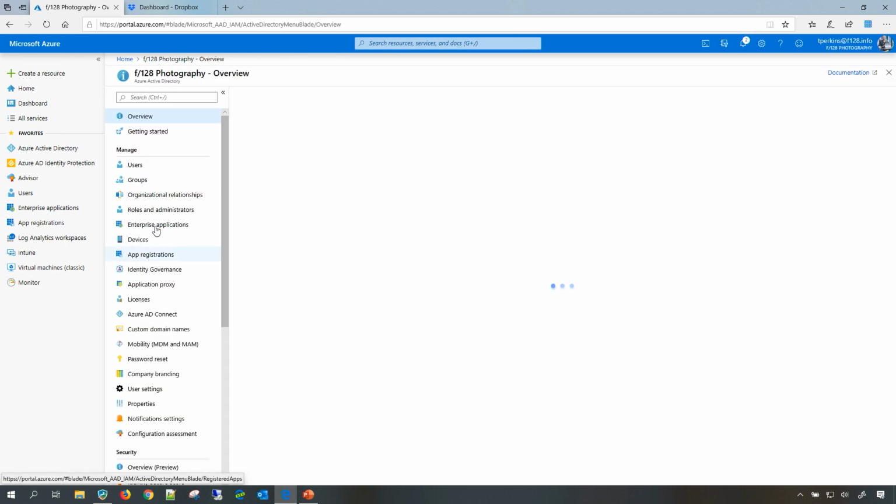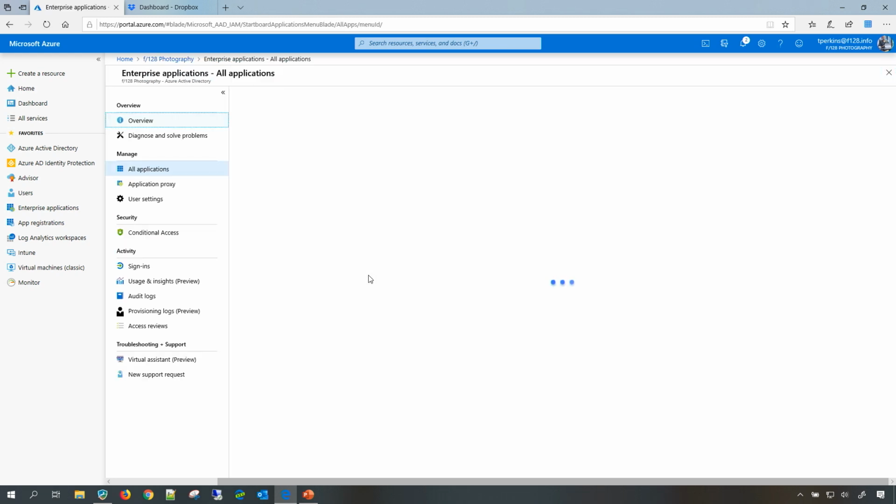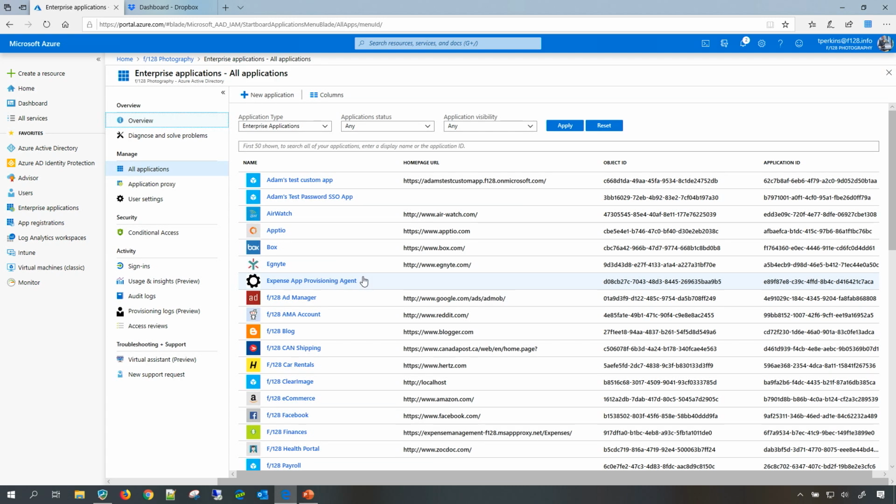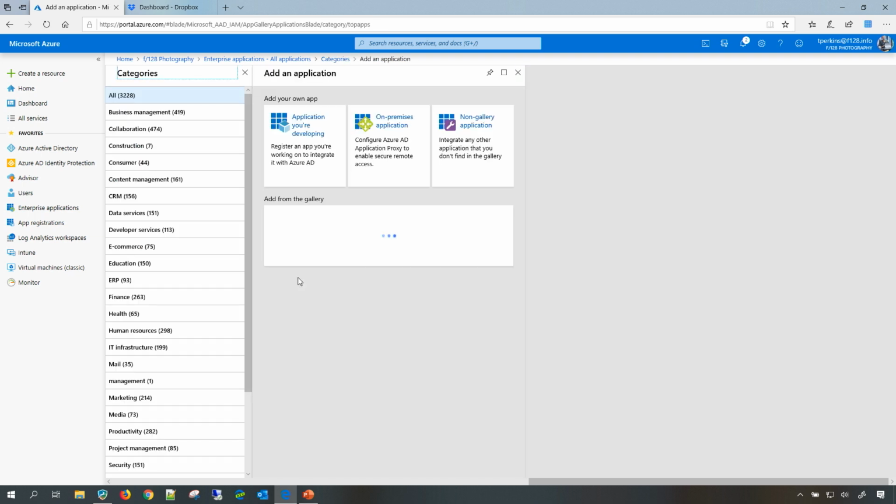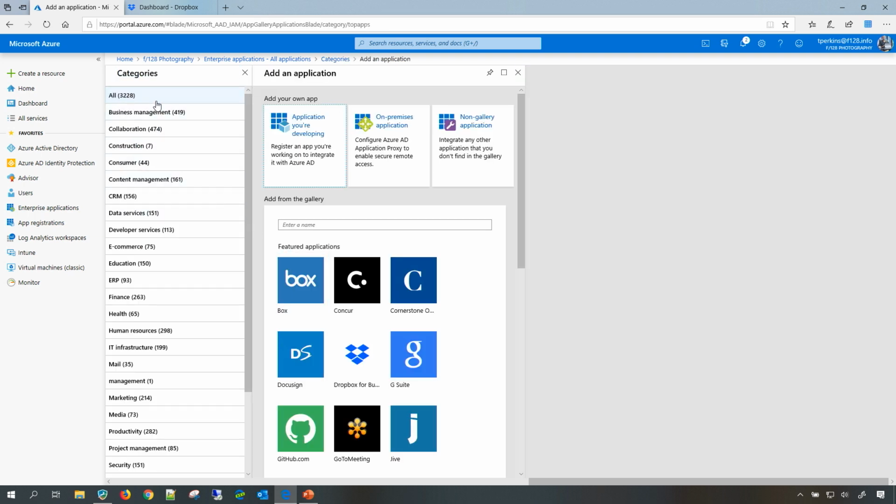Now go into the enterprise application, where it shows the list of all the applications which you have configured in your tenant so that your users can use them. There are different types of SaaS applications available, as you can see, Ignite, Box, Apptio, and so forth. If you want to add a new application, then there is a button called New Application, which will take you to the application gallery. Today we have 3,200 plus applications over here, but note that every day we do add applications into the app gallery. So you can easily search for any of the SaaS applications which you want by typing the name of the application over here.